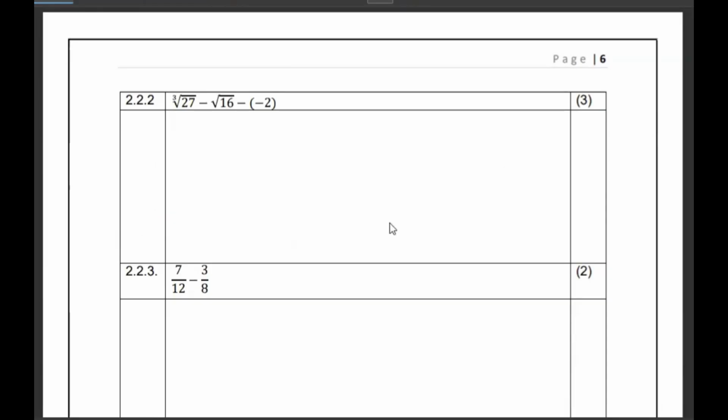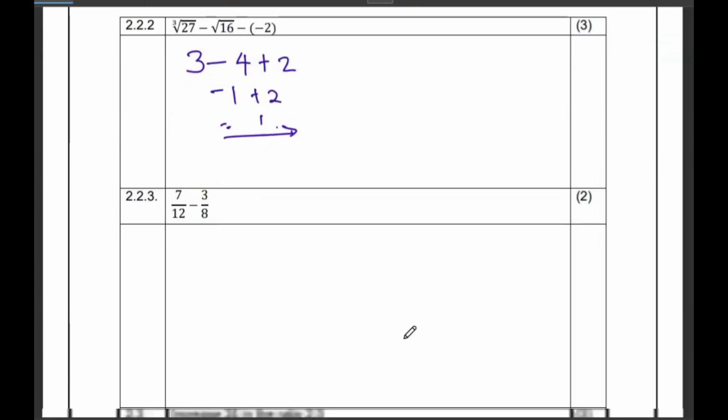2.2.2, they're telling us that we must simplify this. What's the cube root of 27? That's a 3. The square root of 16 is a 4. A negative next to a negative gives us a positive 2. 3 minus 4 is -1 plus 2. This gives us a 1. All right, then